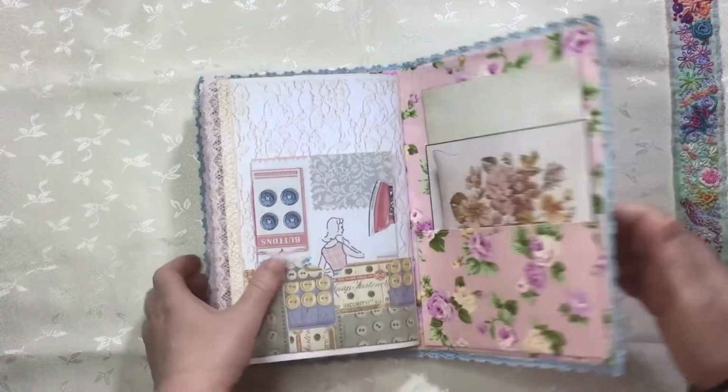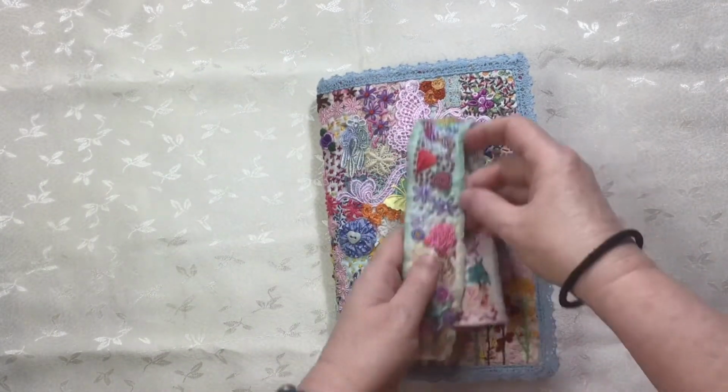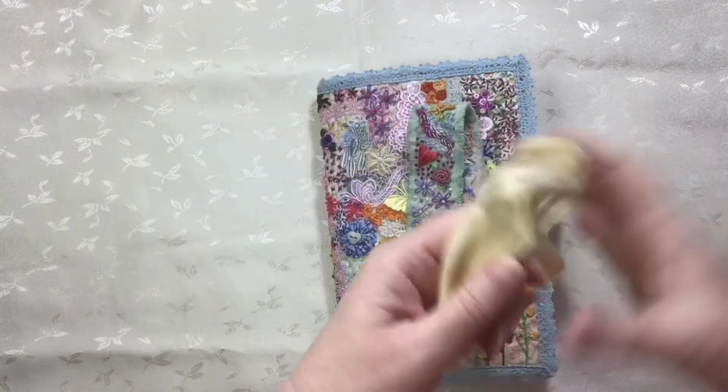journaling cards, and that's the back, and that's the bookmark, and I'm just going to use a bit of sari silk